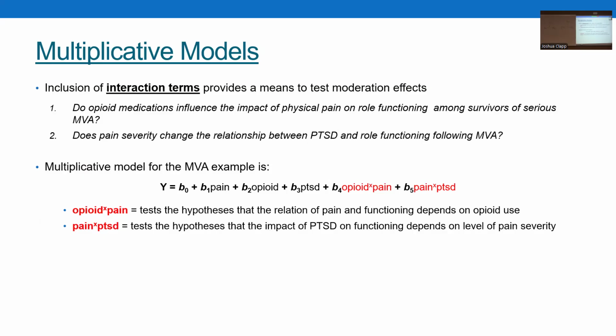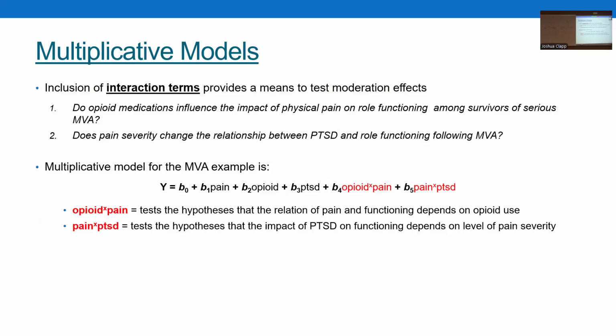Now I could flip-flop this around. This could be equally a test of whether or not the relation of opiate use and functioning depends on level of pain. Mathematically, I can test that, but that's a weirder thing to try and talk about than the other way. Does the impact of pain on functioning depend on PTSD? I could maybe make an argument for that. But this starts to become about thinking which is the stronger argument, and sometimes it will be driven by